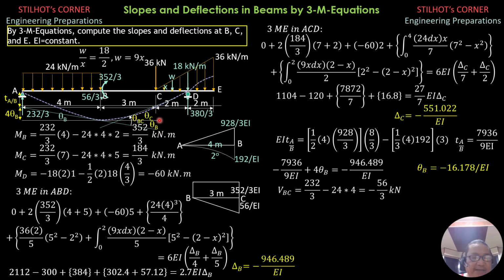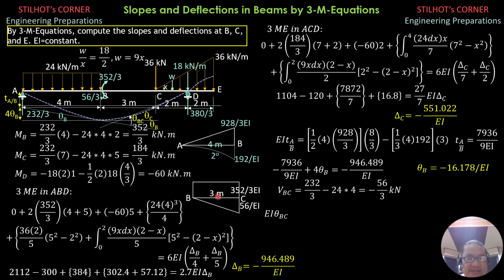So to solve for theta C, since theta B is negative, we just look at the physical meaning of theta BC, which is treated positive, because that's indeed positive. So absolute value of theta B plus absolute value of theta C, expected positive of course, is equal to absolute value of theta BC, which is expected positive.